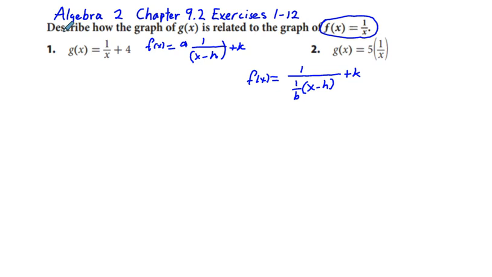And so we are asked to describe how the graph of g of x is related to the graph of f of x equals 1 over x. Well, here, in the place of k, and this is for problem 1 now, k is equal to 4. So what this means is that f of x